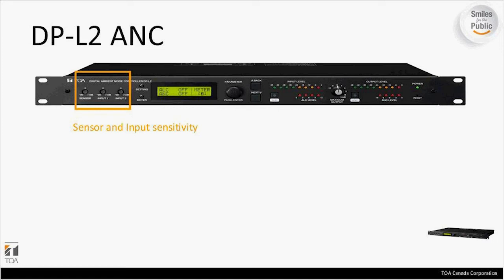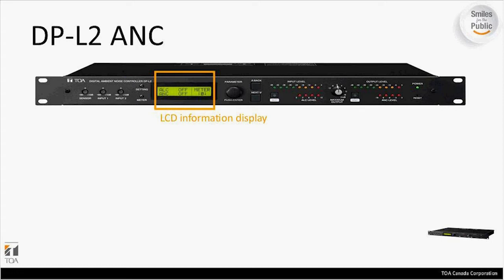Now let's look at some of the buttons on the front here. If you notice on the extreme left, the area that's outlined there, this is the sensor and input sensitivity adjustments that you can set on the unit. And so you can adjust those so that the system will operate appropriately. We look at the two buttons next to that. That's the programming button and the meter selection button, and we'll describe what those two